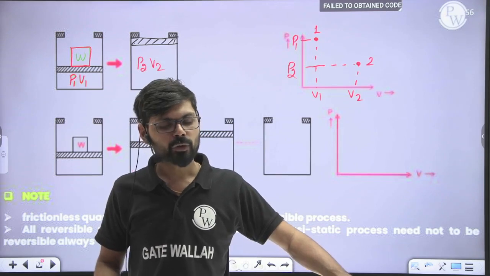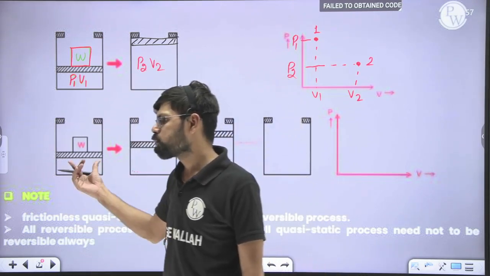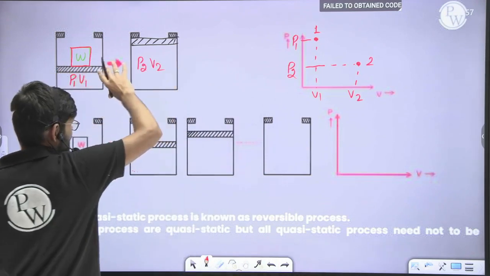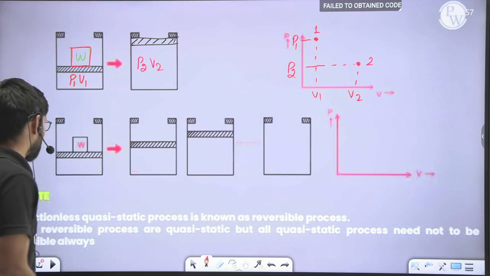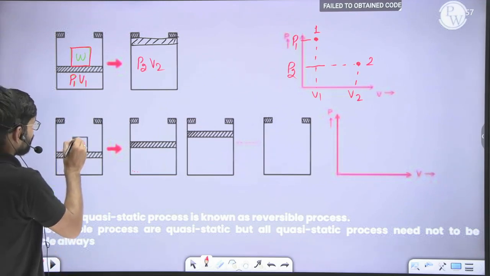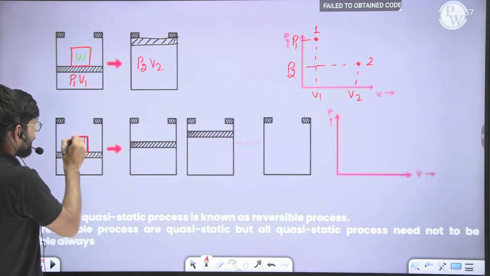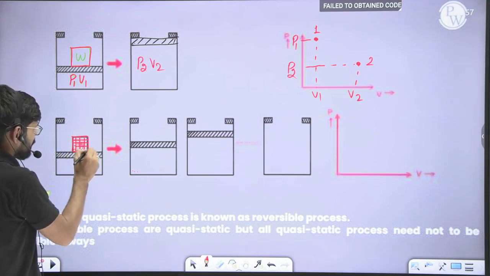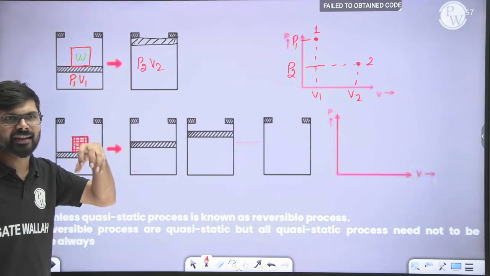Okay. If you really want to know the process, then, since this is a spontaneous process, you have to go for a quasi-static process. Sir, how do we achieve a quasi-static process? Do one thing. Whatever block you have taken here, you have to divide it into an infinite number of small pieces. Just assume that some sand is there